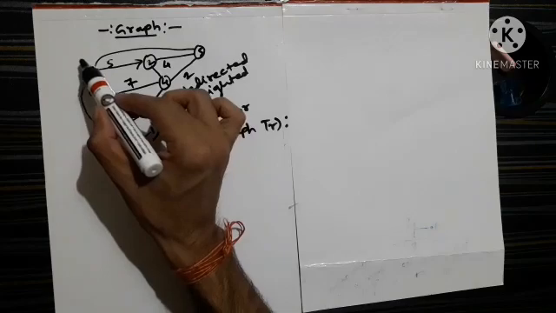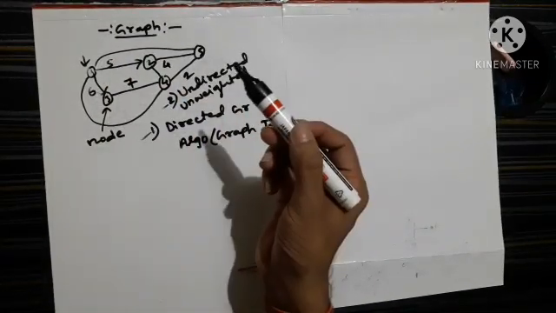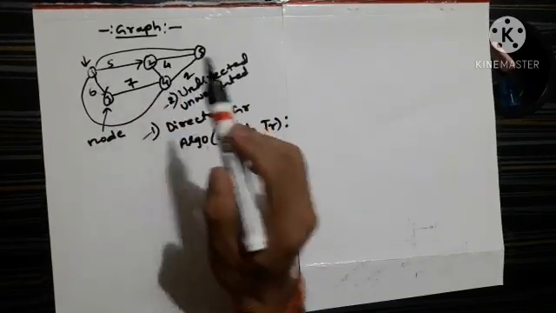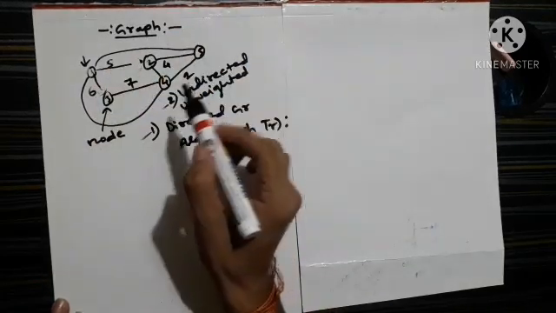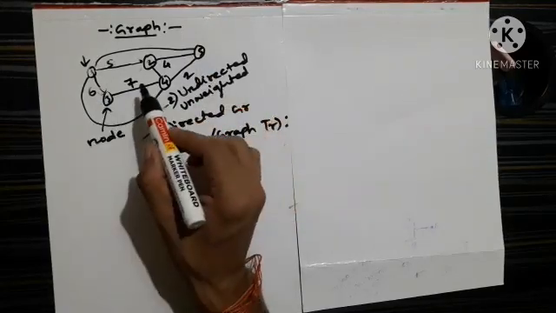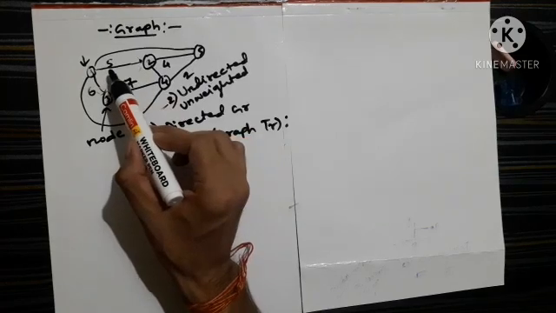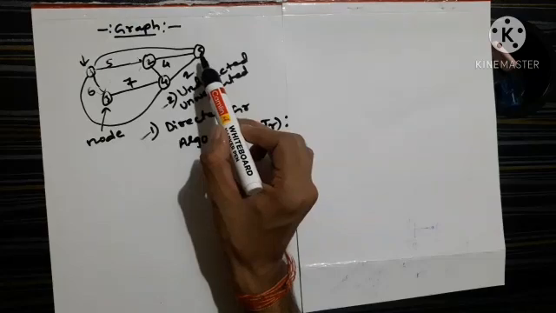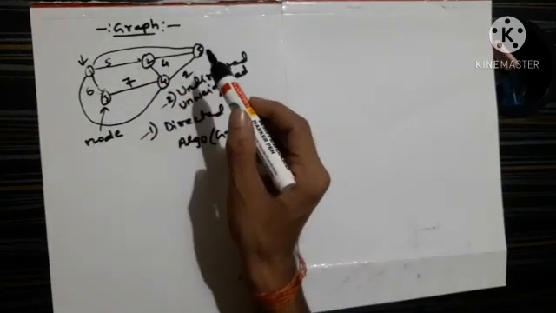Suppose starting with this, I have been given node 1 and I have to traverse the whole graph, then how can I traverse all the nodes? From node 1 I can go to node 2, and let's make it simple and make it an undirected graph. Now this is an undirected weighted graph. So from city 1 I can go to city 2 with a distance of 5 km, from city 1 I can go to city 3 with a distance of 6 km, and from city 2 I can go to city 5 with a distance of 4 km. In this way you can traverse.